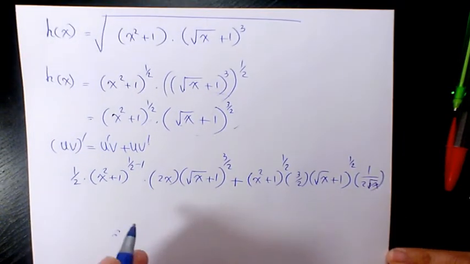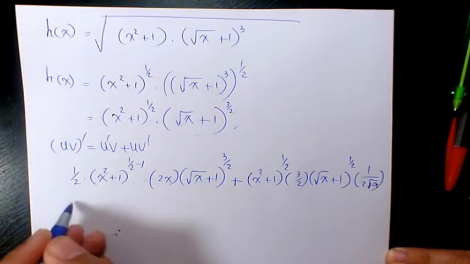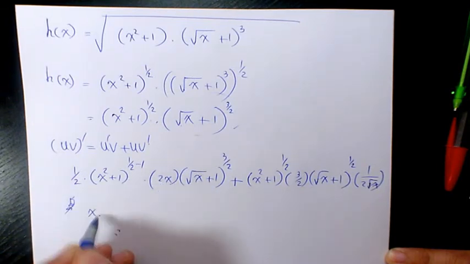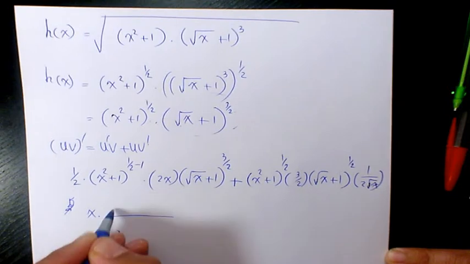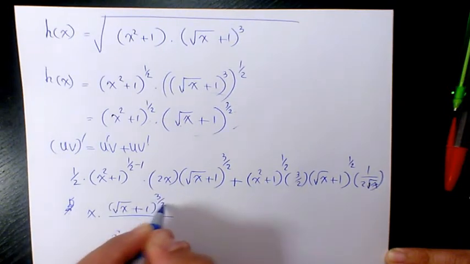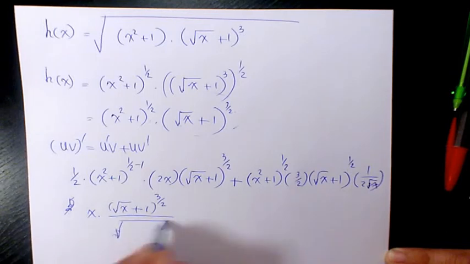Now let's simplify it. It's going to be 1 over 2 times 2, they cancel out, so we have just x times root x plus 1 to the power of 3 over 2, divided by square root of x squared plus 1,